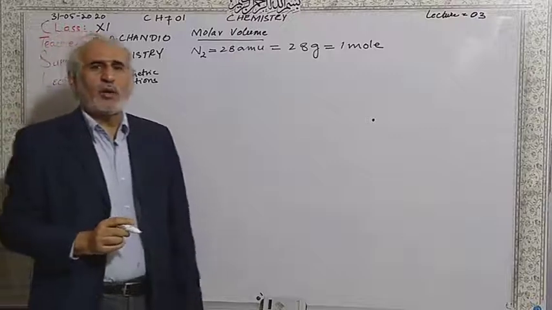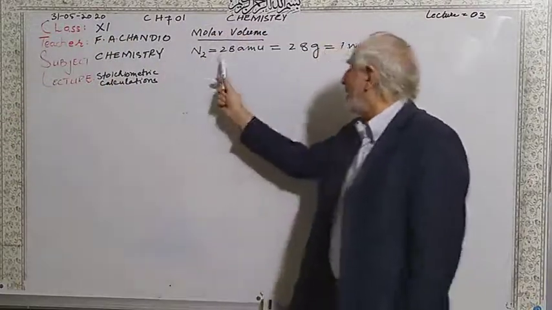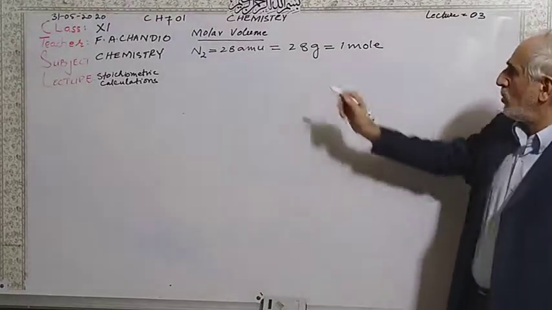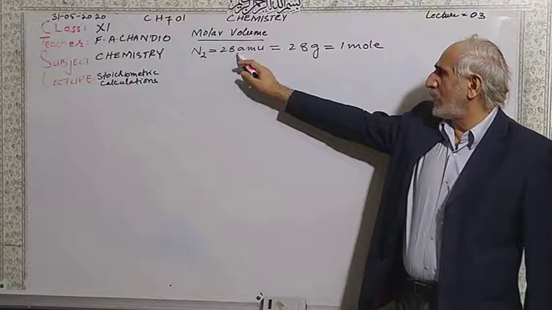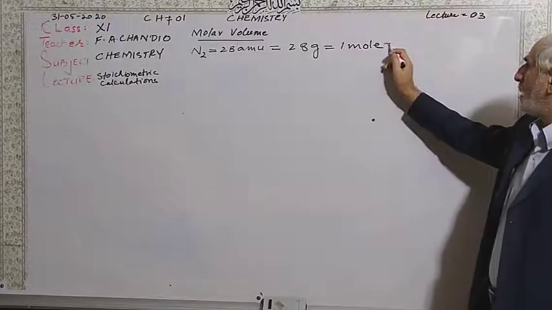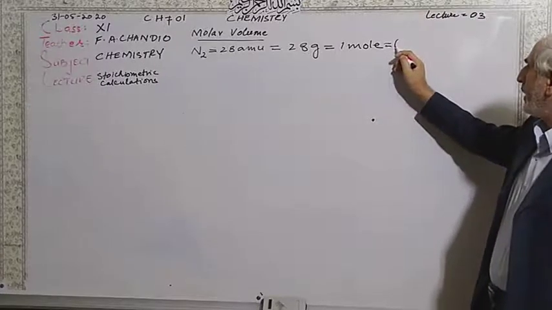The definition of mole: atomic mass, molecular mass, formula mass, or ionic mass, when expressed in grams, is called a mole. So the molar mass of nitrogen is 28 grams, 1 mole, and this should be equal to Avogadro's number,